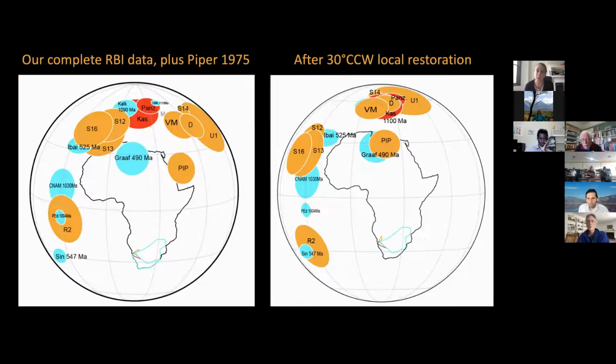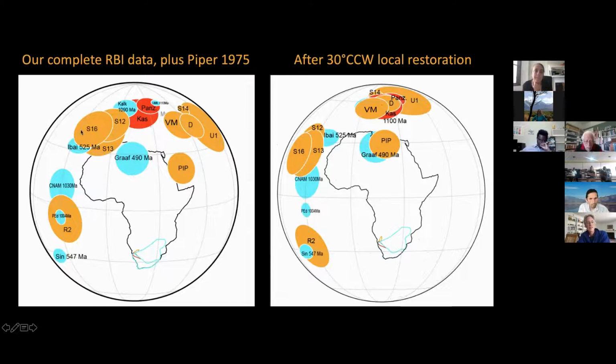So what's interesting about that is, and I don't have time to get into all these data, but if you look at our complete data set, which was from the Rehoboth area, which is not just the data which I've showed you, but also we sampled Zwartkopjes dikes at their type locality, and also some other dikes around Rehoboth and the Usip River. And if we look at what to me was a previously mystifying result from 1975 from John Piper,